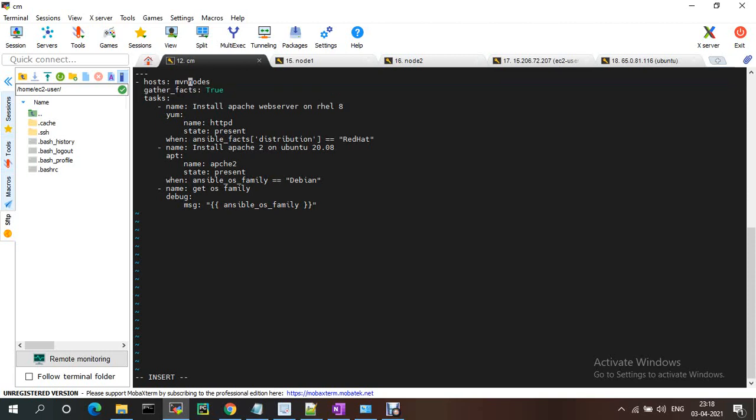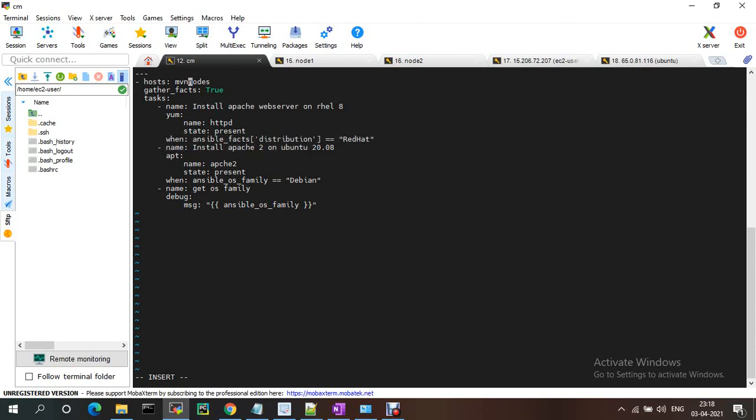It is collecting all the facts of the OS, and installing Apache web server on RHEL8, and state is present. This is the condition when Ansible facts distribution is Red Hat.